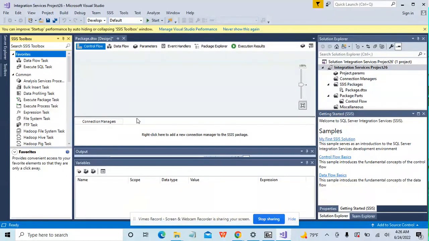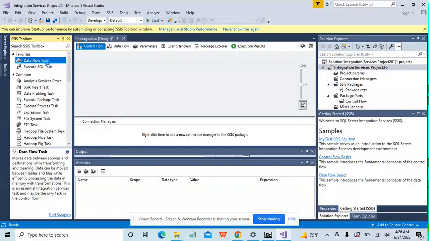Basically, the record set destination, if you need to temporarily store in memory a column or a row or any type of subset or the whole table, you can store it in the object variable generated through the record set destination and use it in another task or the same task, depending on what you're doing. So let's start off with the data flow,